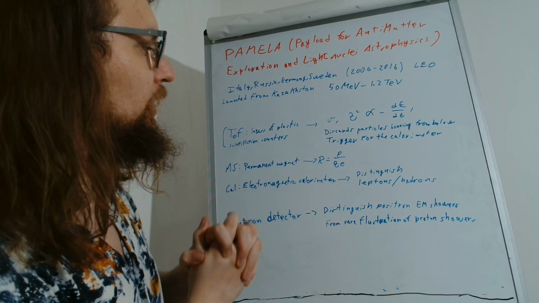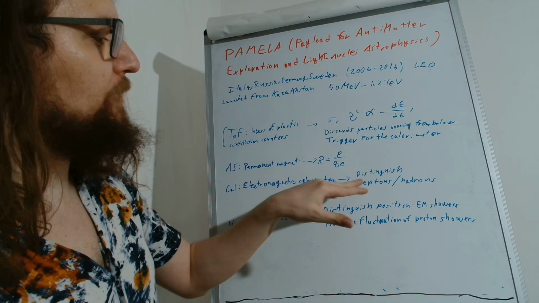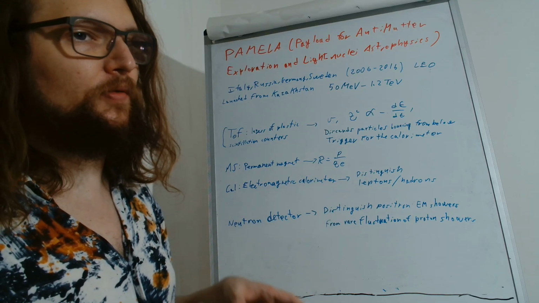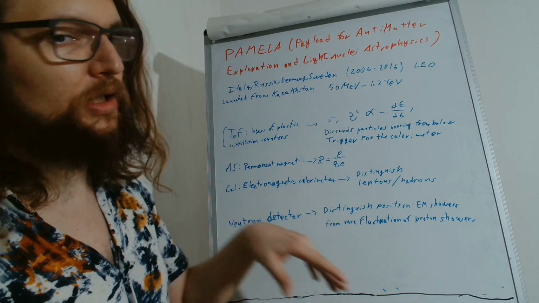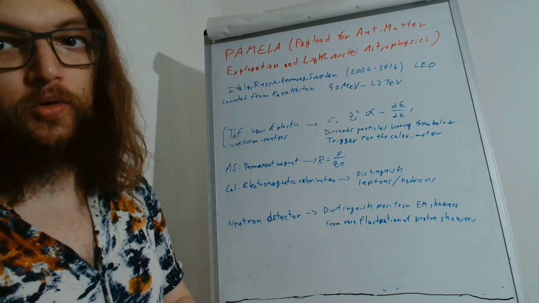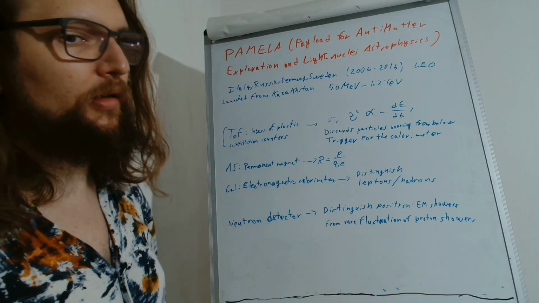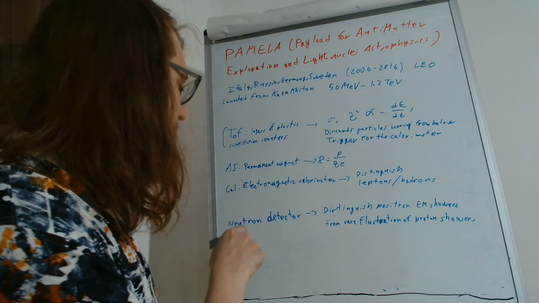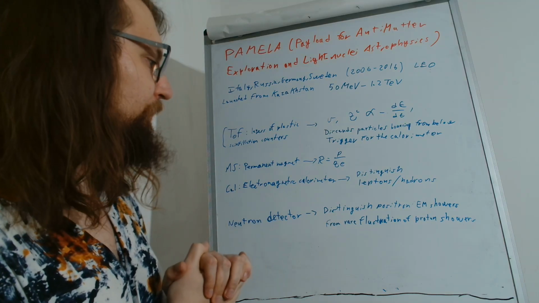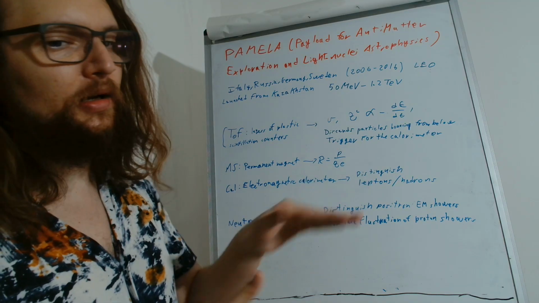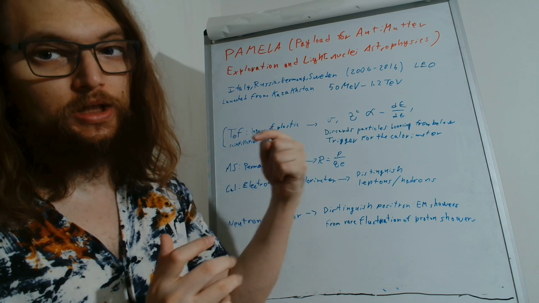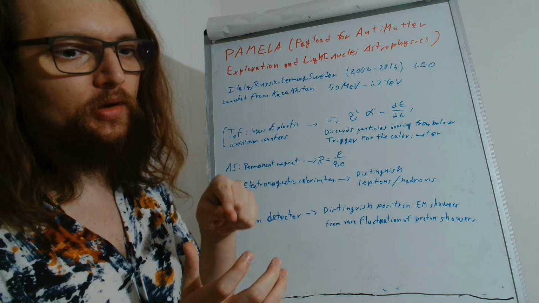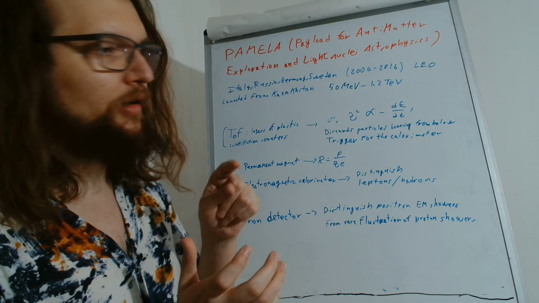electromagnetic calorimeter, which can distinguish leptons from hadrons, because electronic showers have a lot of photons and electrons. Instead, hadronic showers also have muons in them, and they can be distinguished with this. It also has a neutron detector, because some showers initiated by a proton have some probability of creating only